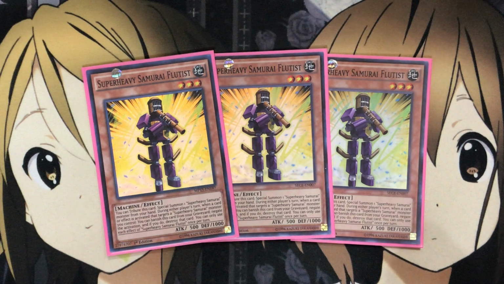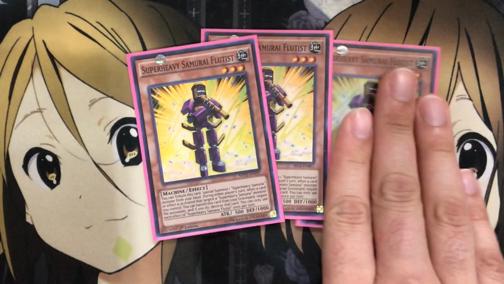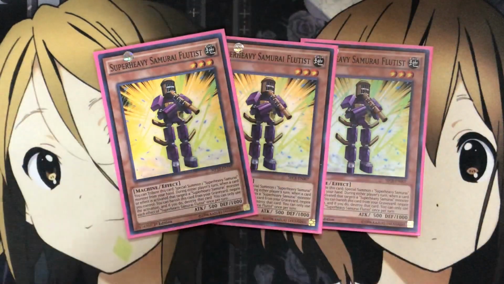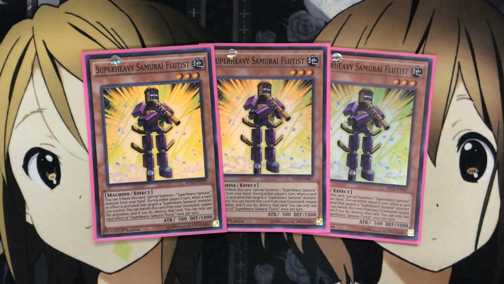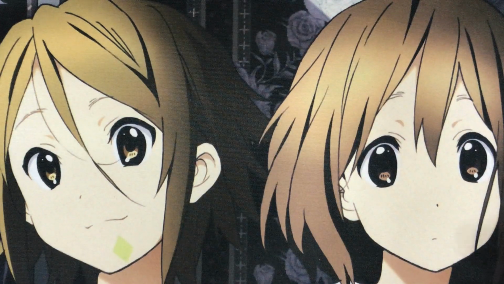And if you do, destroy that card. You can only use each effect of Flutist once per turn. So even more extending the plays with the 3 Flutists, you contribute the Flutist to summon Wagon from your hand, use Wagon's effect to search it out, and then have that extra protection in your graveyard using Flutist, which is just overall good because you won't want your opponent to target the monster you're trying to set up to make either. So you can use Flutist to protect that monster just in case and destroy your opponent's card in the